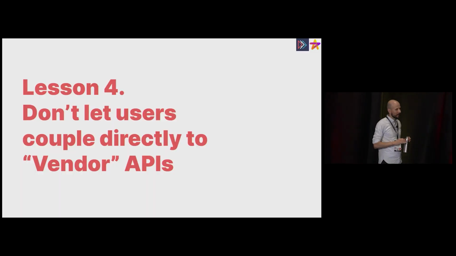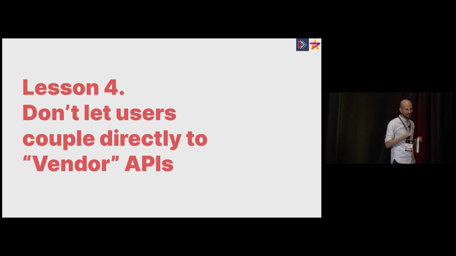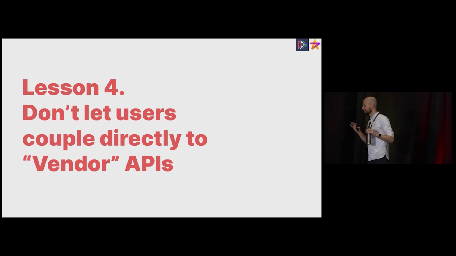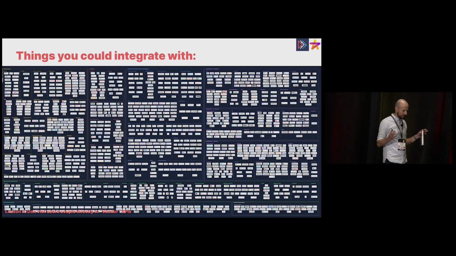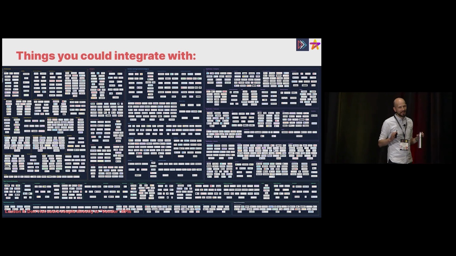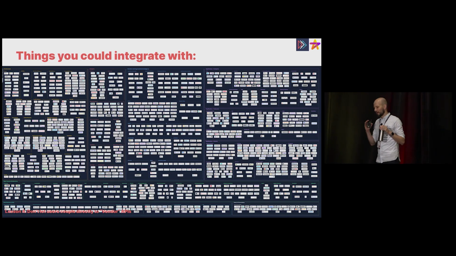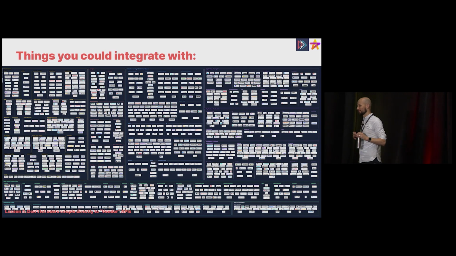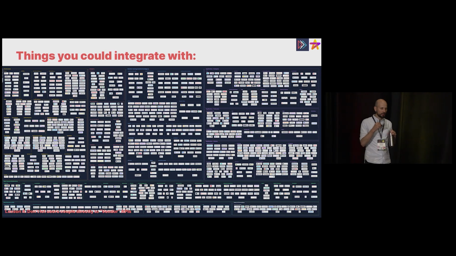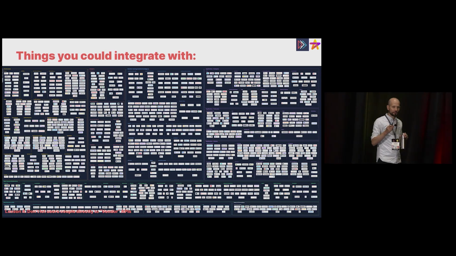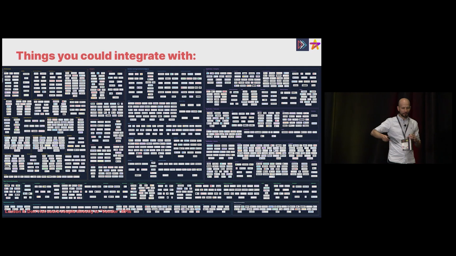So lesson 4. I'm pretty sure every MLOps vendor downstairs won't like me telling this, but basically, don't let your users couple directly to vendor APIs. There are so many vendors these days, so many point solutions, right? And so say you have a problem, say a feature store, or you have model observability, or now with LLM Ops, there's like so many tools, right? It's very tempting and very easy to go pull that one thing off the shelf and go, that will solve our problem, go ahead, go use it, right?